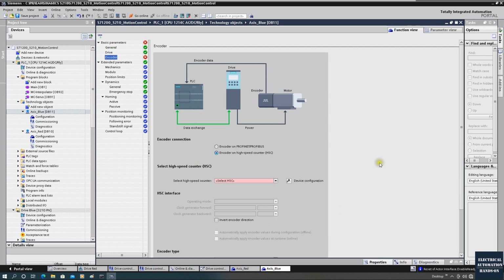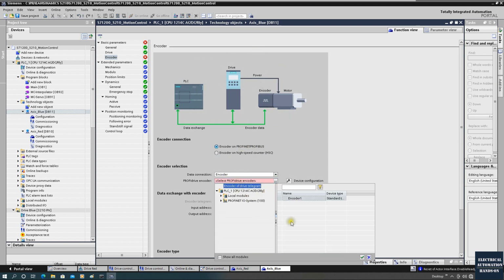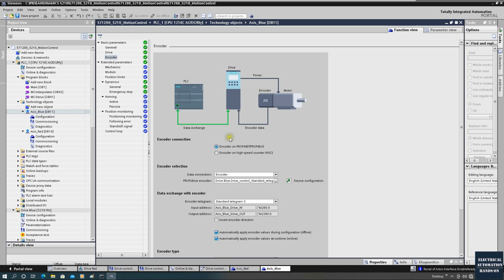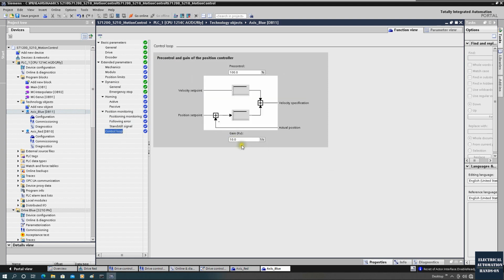Okay. And encoder. Select the encoder. Diagram changed. And select the encoder. The encoder also comes from the Telegram 3. Okay, we select it. And the following arrow, you can take off the following arrow and also change the closed